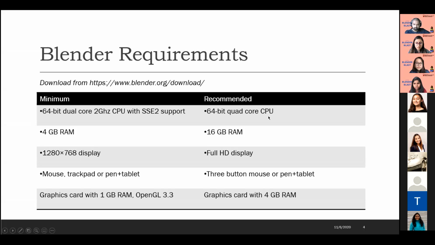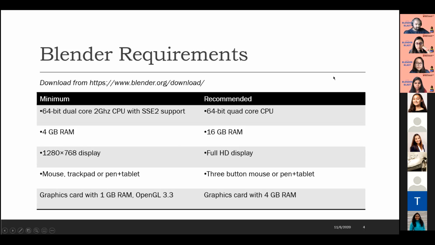Awesome. Downloaded, downloading now. We will wait for you. Let's get started.